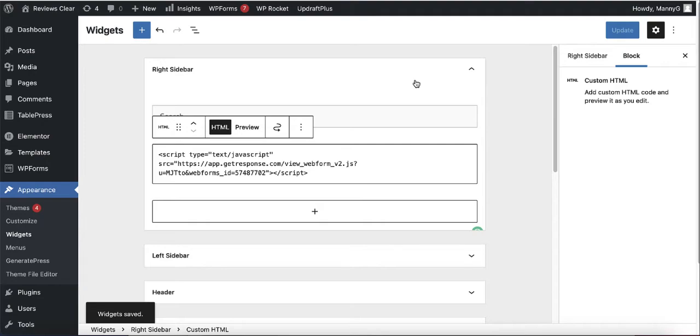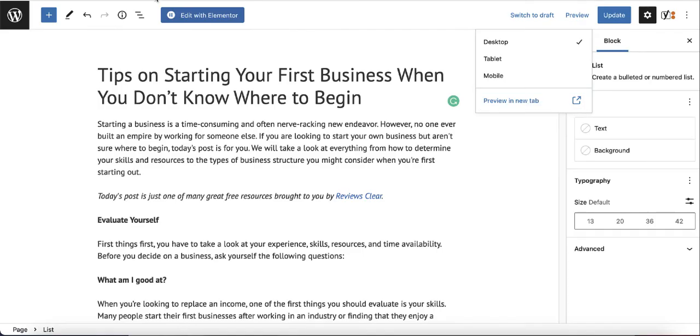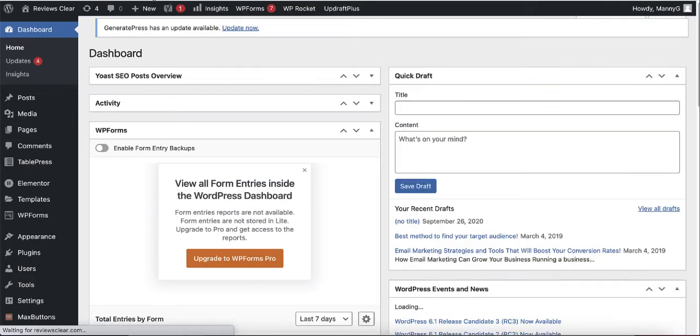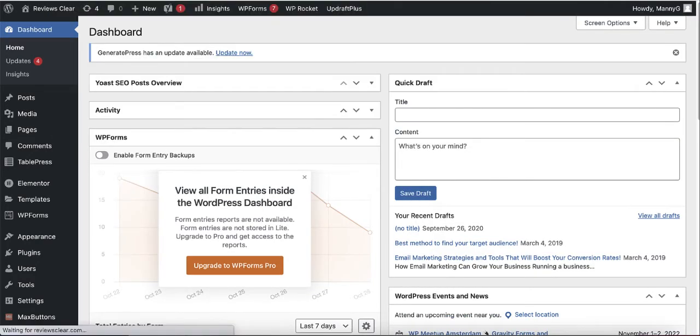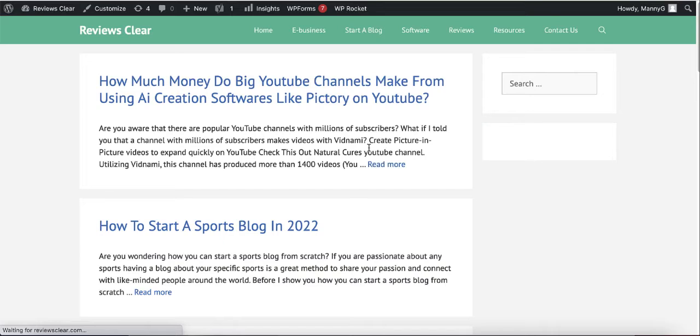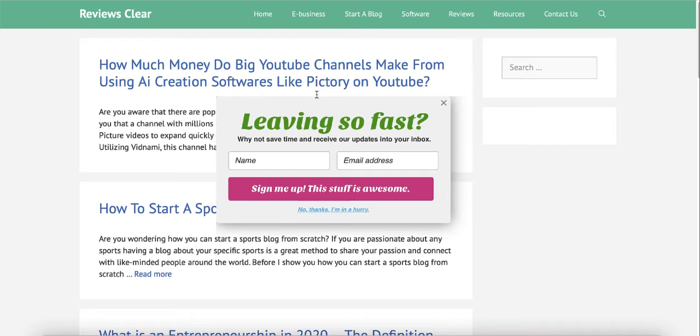Okay, after you have saved your file, if you go to your website one more time, let me clear the cache, okay, go into the website. And now after the file is loaded, when you're trying to exit, the pop-up actually pops up, and this can be a good way to actually collect more emails from people who have visited your website. So here people can put in the name and email address and sign up to the email list. You also need to link a list to this pop-up as well, so it will be added to that specific